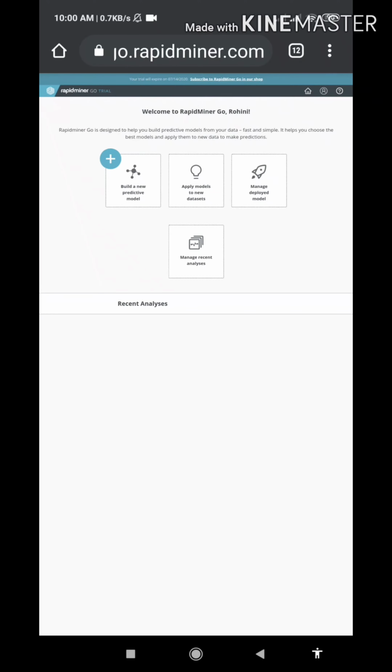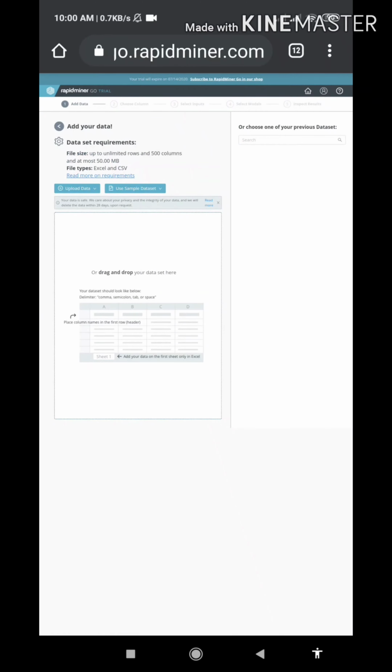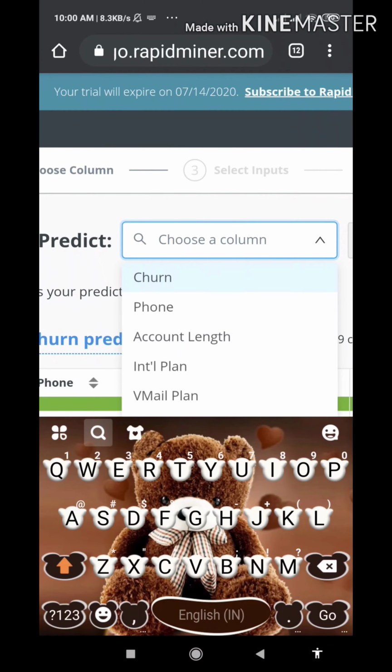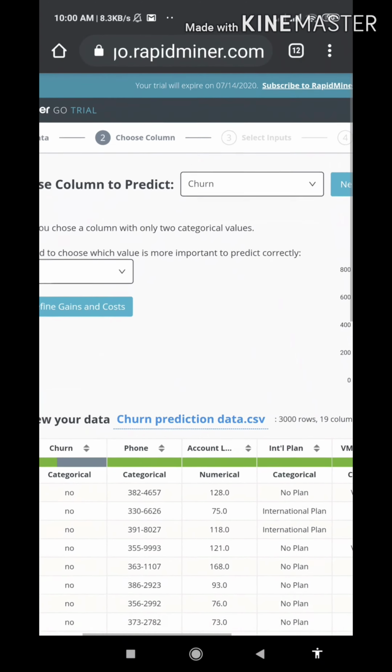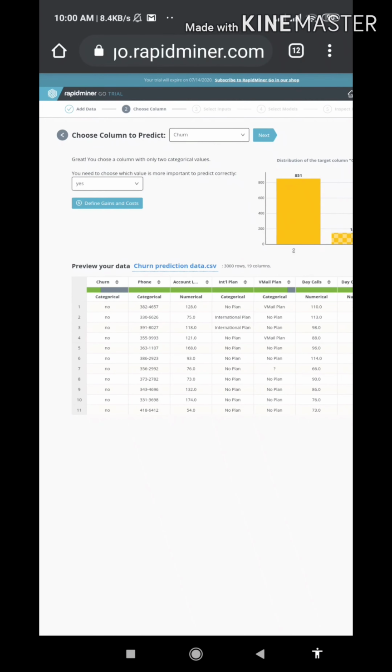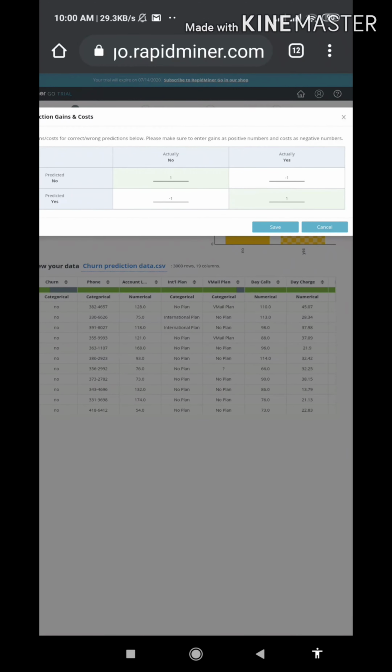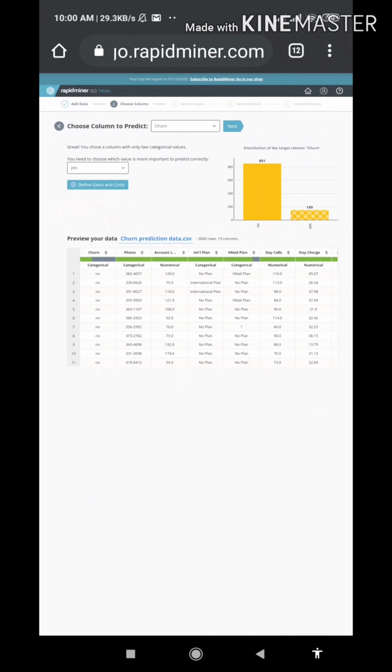In this video, we are going to see a RapidMiner Go version tutorial, starting from data uploading till the inspection of the results. So in this video we are going to see RapidMiner Go without AutoML, without coding. We are just going to import data and see how the results come.